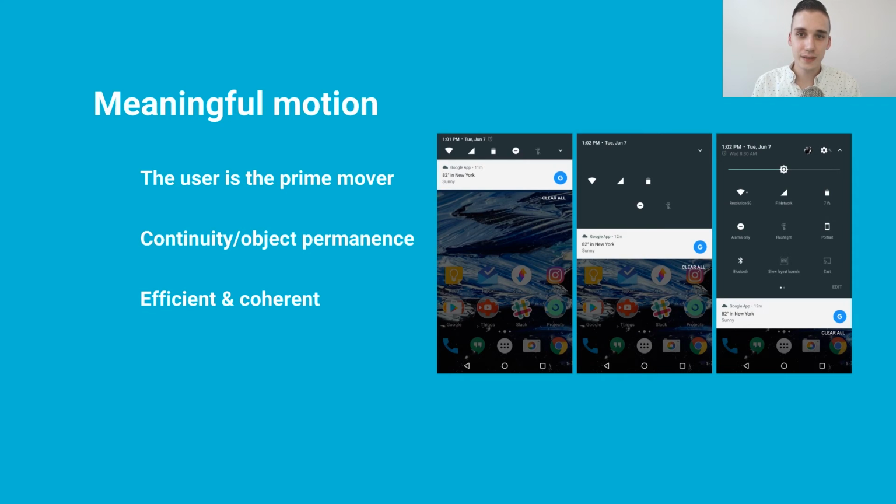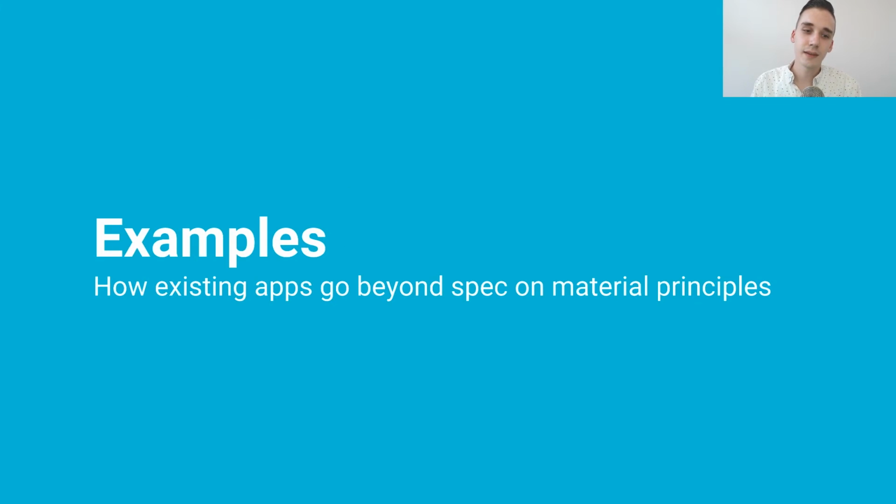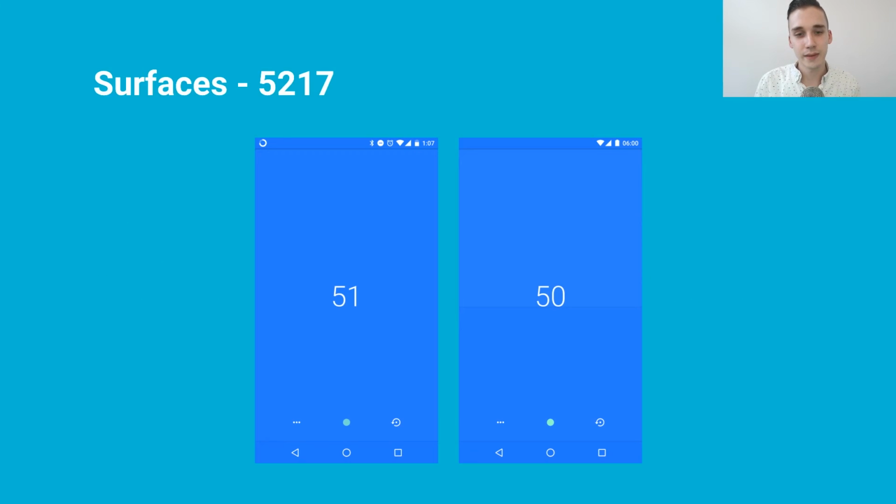And finally, it's efficient and coherent. Animations don't need to be too elaborate, and they should be serving a purpose. They should be doing something for the user to communicate what's happening or what the user has done. So now we'll quickly look at a few example apps and see how they go beyond the spec on these material principles. First, I'll talk about an app called 5217 that I worked on and how it uses surfaces to